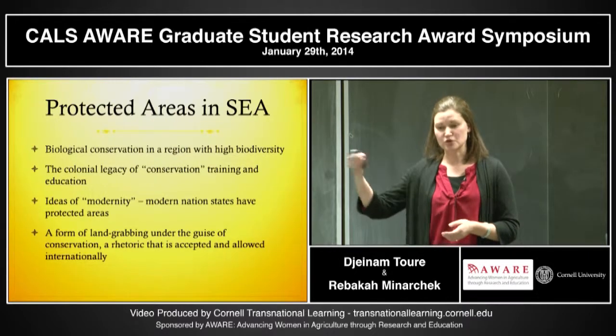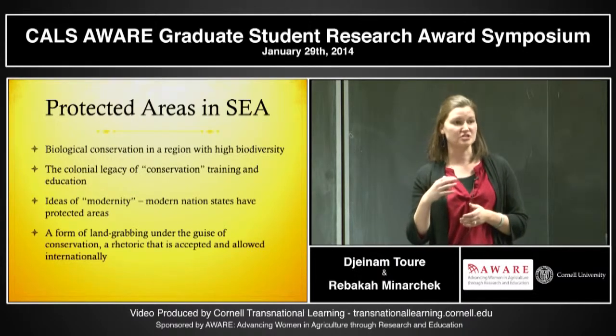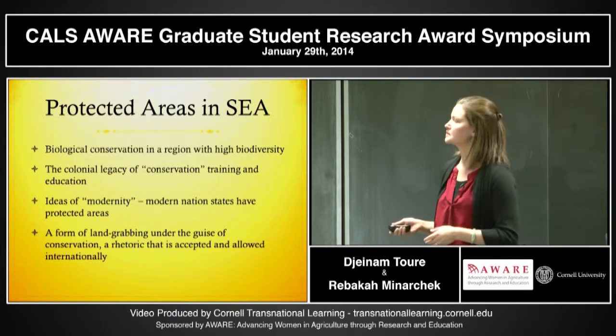And then at the same time, you can look at some of these zones that have been taken, this land that has been taken from forest communities, and you can look at the number of concessions that are being sold for logging and plantations. They're not actually all being put into protected areas. So,